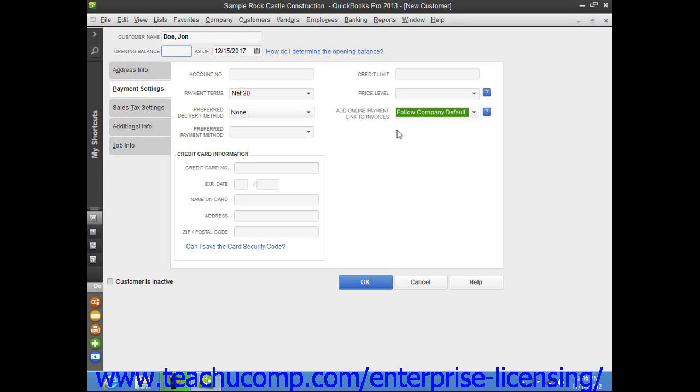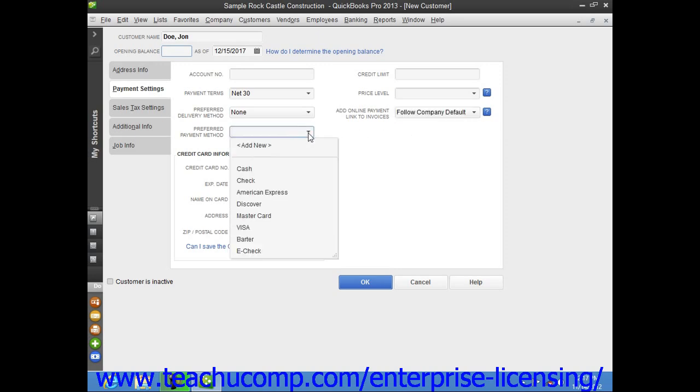You can then select a default payment method for this customer by selecting one of the Preferred Payment Method drop-down field's choices. Note that if you select a credit card type from this drop-down, then you can enter the customer's cardholder information into the credit card number, expiration date, name on card, address, and zip postal code fields within the credit card information section. Once you finish data entry on this tab,